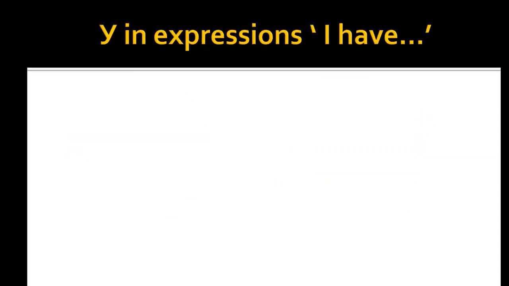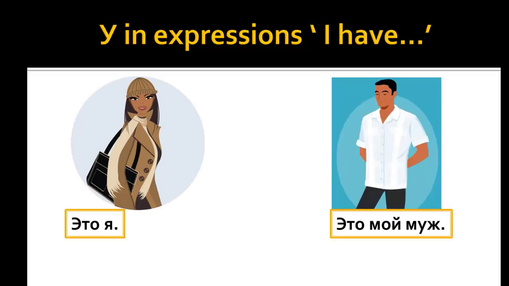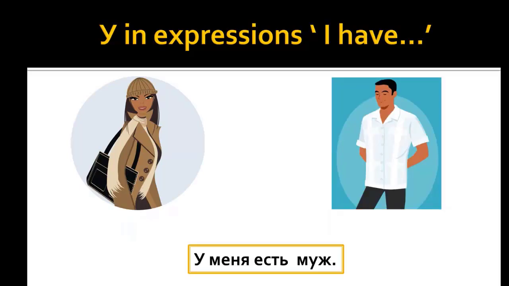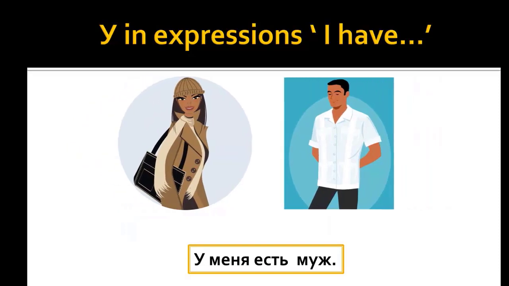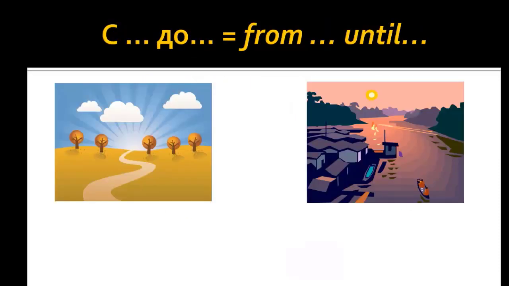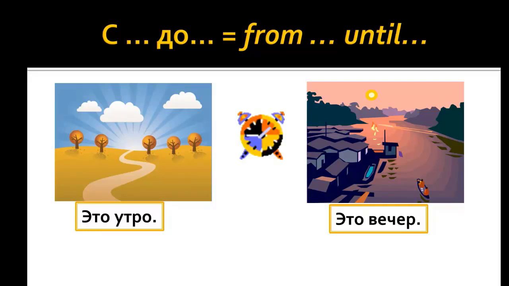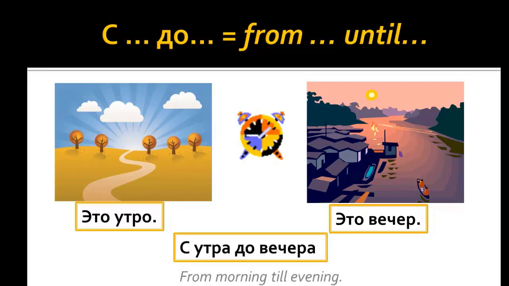The preposition у is mostly used in expressions I have, you have, and so on. «Это я. Это мой муж. У меня есть муж.» С, до. «Это утро. Это вечер. С утра до вечера.»